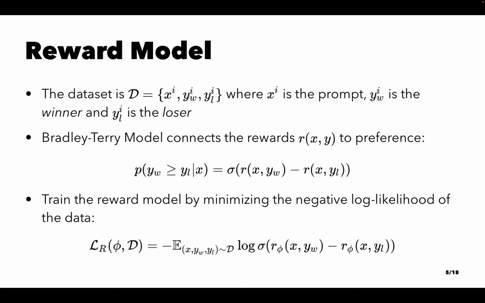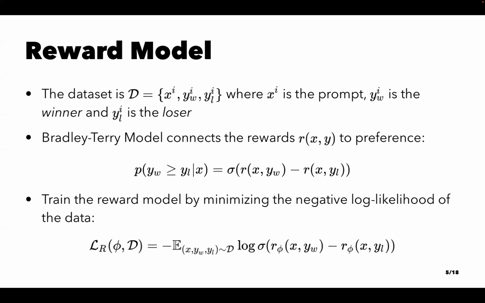The thing will return a probability between 0 and 1, and there's a threshold, and everything above say 50, you want to select that, and otherwise you select the other one. So with this loss, it will push the reward for the winning one to be higher if you minimize this, and it will push the reward for the losing one to be lower. Remember, this reward model is now a language model with parameters phi.